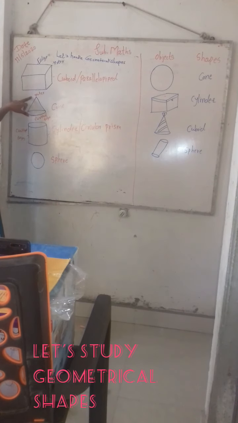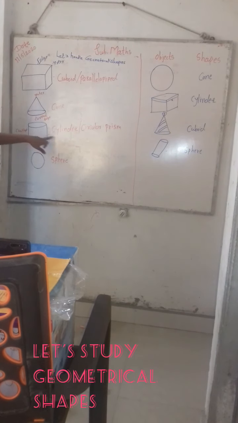So our second shape is cone. Cone has 1 vertex, means 1 corner, and it has another curved edge. We can call its face a curved shape. It is a curved edge.